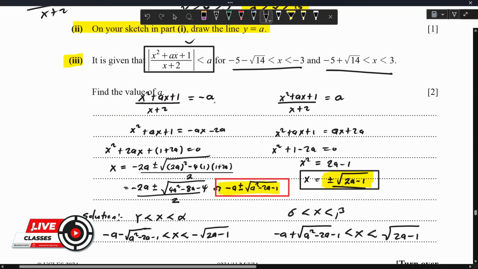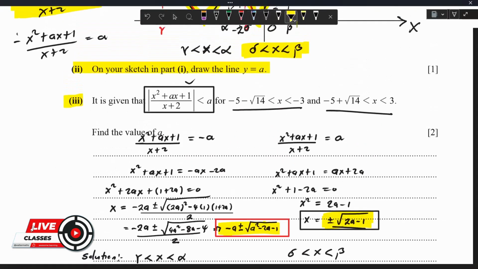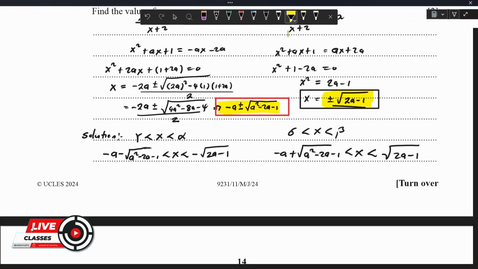The first solution is minus 5 minus root 14 is less than x is less than minus 3. And the other one is less than 3. So we can take any one. We are now saying that, for example, if we take this 3, it corresponds to the square root of 2a minus 1. So we can just say 3 is equal to the square root of 2a minus 1,